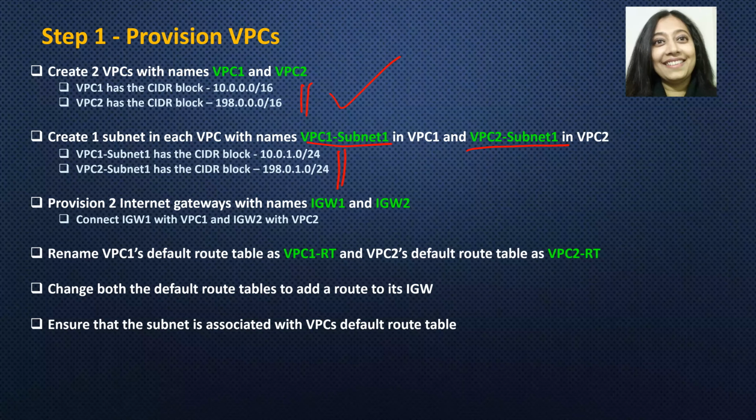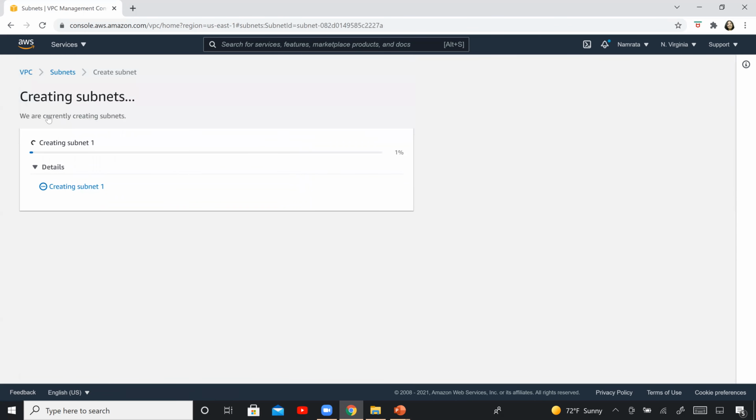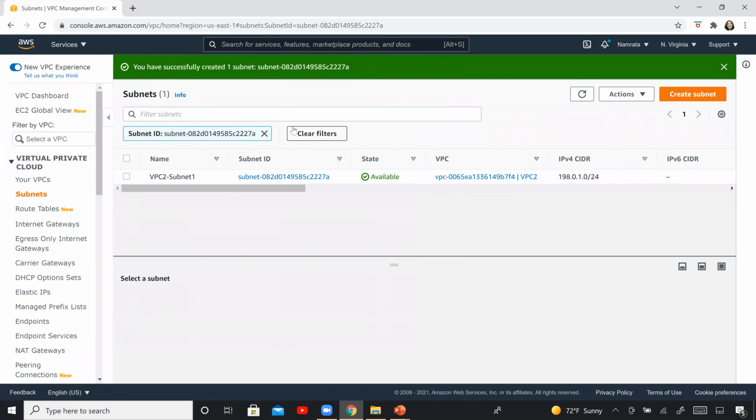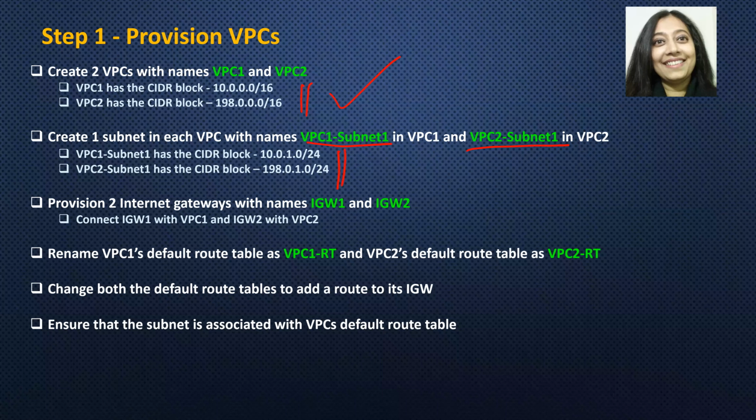And our CIDR block is going to be 198.0.1.0/24. Create subnet. I think everything looks good. And our subnet should be created. So both our subnets are created. So we have completed this step.